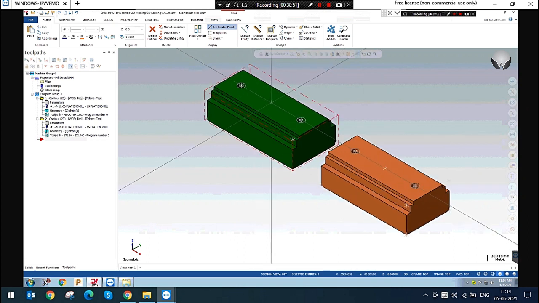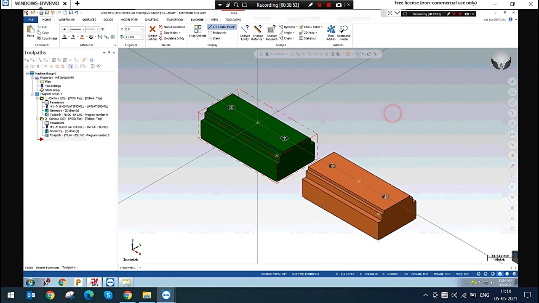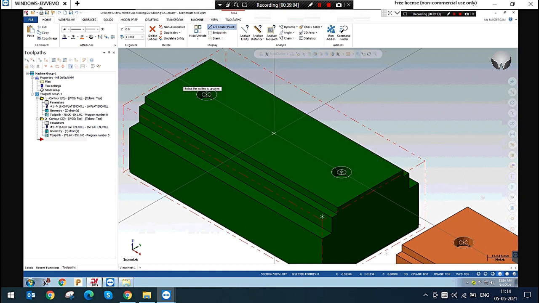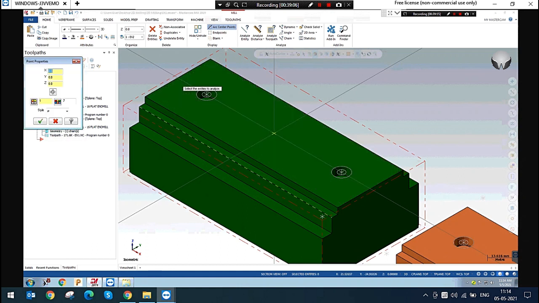So now we are going to see the analyze options. First, this is the analyze entity option. You can simply analyze the entity that you want to analyze. So now I am selecting the point. You can see these are the point properties. What is the point origin? X0, Y0, and Z0, and there are the level and the color options.